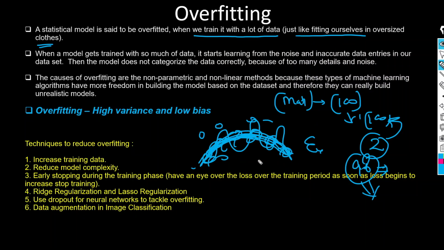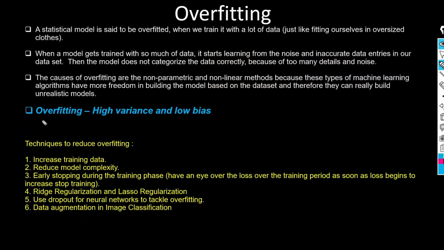So in that way, if there is any unseen data, like this is unseen, in that case we will get lots of error. So we will use this particular model so that we can get a more generalized least squares line, so that it will also fit the test data. And overfitting means high variance. High variance means there will be more variability between the training and the testing data errors. Low bias means less error in the training data set and high error in the testing data set.